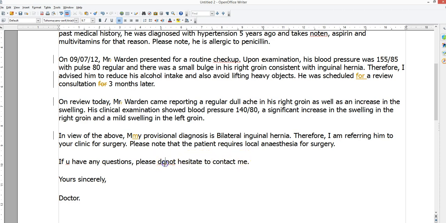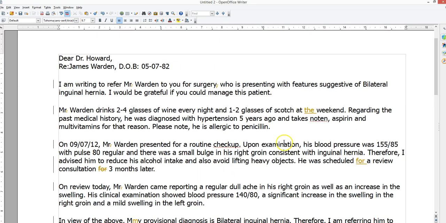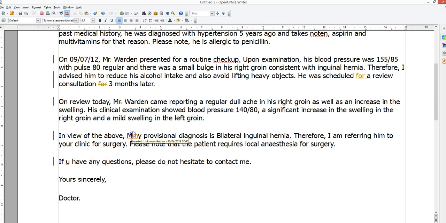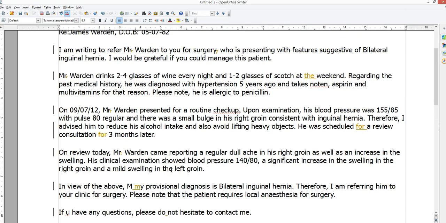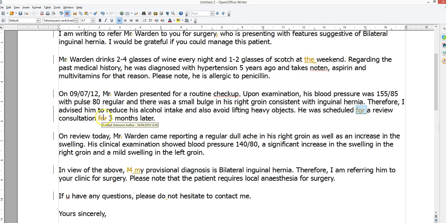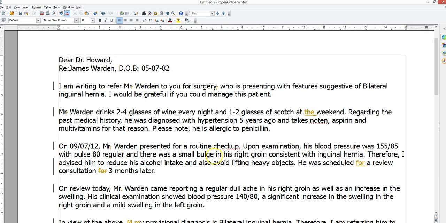Surgery. Okay. So this is in terms of grammar, right? In terms of vocabulary and grammar, this is not bad at all. I would put an article in front of weekend. I would get rid of that comma, put an article at weekend, put a preposition there. Okay, take that preposition out. The only thing that I would comment on is the layout and task achievement,